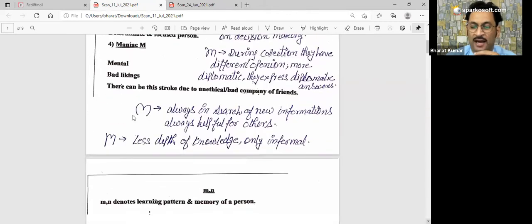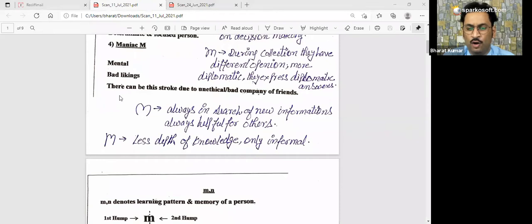Try to find out if anyone is using this kind of M, incomplete heart M, or this kind of M. Is there anyone using this kind of M, please? If someone is using this kind of M, both sides have a smooth curvature. Remember, if you are using both sides, sometimes okay, smooth curvature, always in search of new information, always helpful for others. Okay, Ronak. Okay, sometimes Kushi, sometimes okay. So these people always look for new information. They use the information, and they are supposed to be good helpers in the team.